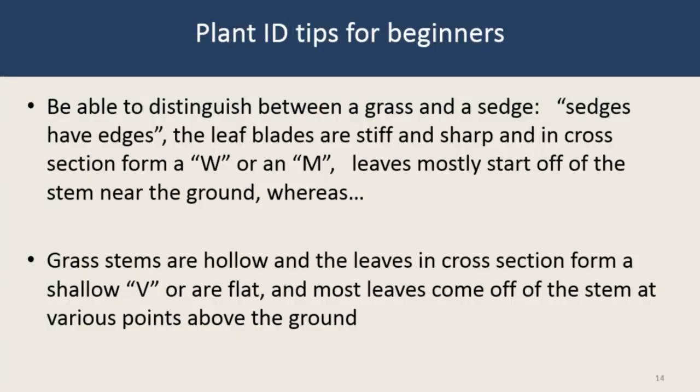Another thing that every person who deals with wetlands should know is how to tell a sedge from a grass. Why? Because sedges are usually found in wetlands and are almost always either wet or obligate. But grasses run the range of indicator status and are more often upland plants. Sedge leaf blade edges are so stiff and sharp that they can actually cut your hand if you are not careful. Here are some pictures to show you some of these differences up close.